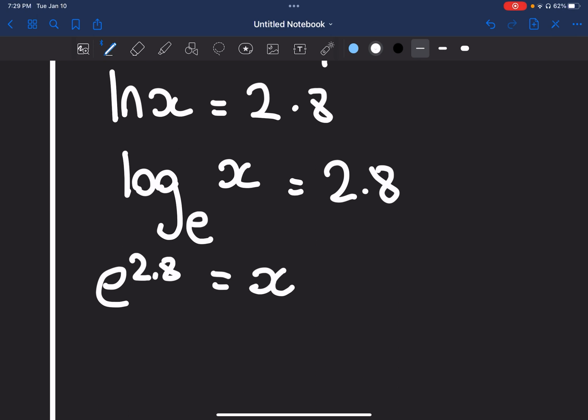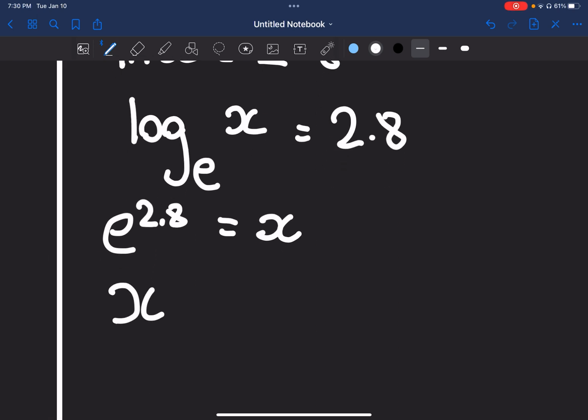Let me find the e button here. Okay, e to the power of 2.8. Hold on, my calculator's having a slight issue. It's not seeming to be working, so let me use something else right now. e to the power of 2.8. And this will give us x is equal to